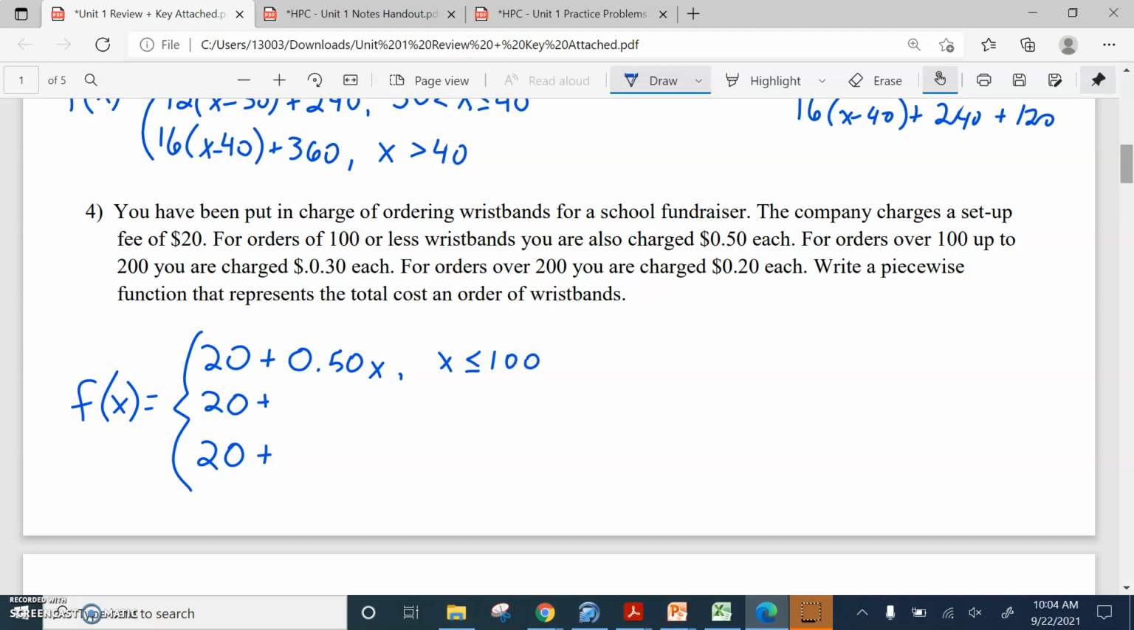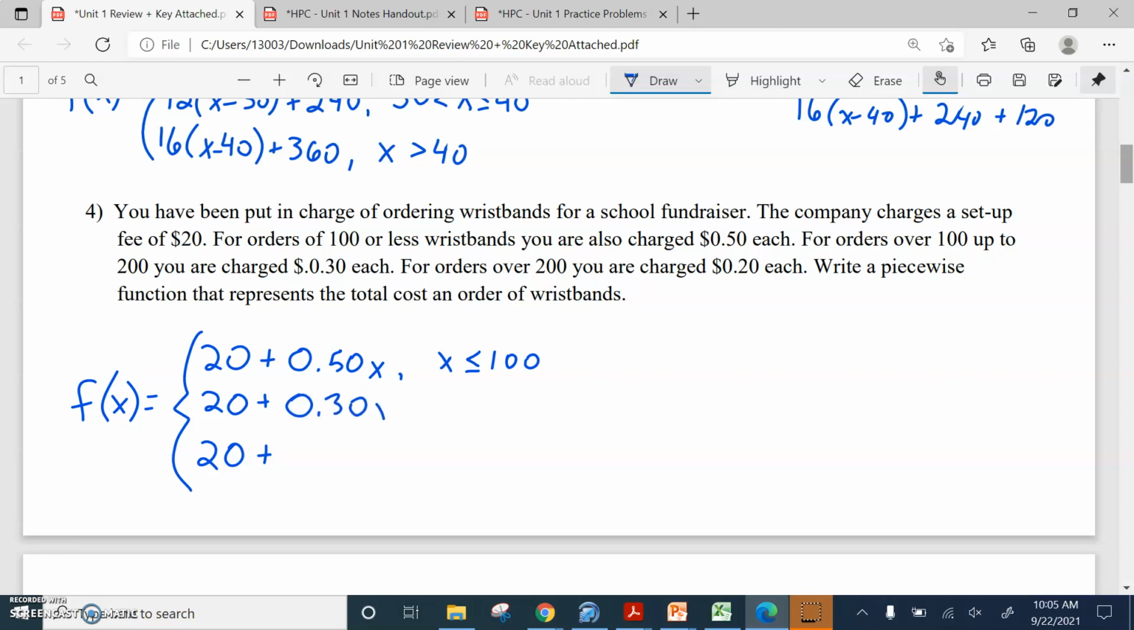The next piece of the function, for orders over 100 up to 200, it says you're charged 30 cents each. So that is telling us that we don't have to pay 50 cents for the first chunk, the first 100. If you order 101 wristbands, every single one of them is charged 30 cents. You're not being charged 50 cents for the first 100, 30 cents for the next, and so on. As soon as you bump over 100, the whole thing gets dropped to 30 cents. What that looks like in the equation is the $20 setup fee